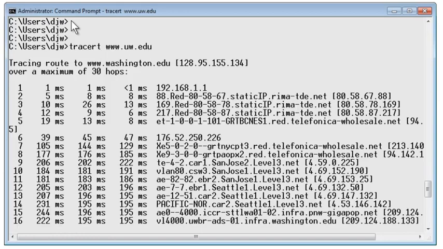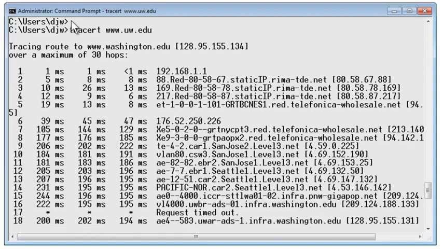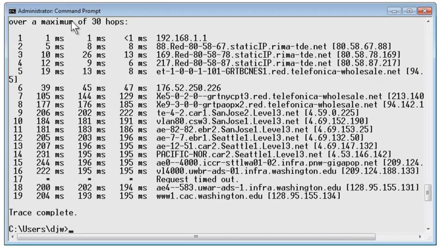Now on the right-hand side, you can see the names or identifications of all of the routers. Both the IP addresses are given, as well as some of the names there. And we can take some hints from the names and work out somewhat about where the packet is going. Some of those names have Telefonica in it, so it looks like it goes through the Telefonica network. And it looks like it goes through the level 3 network. You can see San Jose there, as well as Seattle later on, and eventually it arrives in some computers at